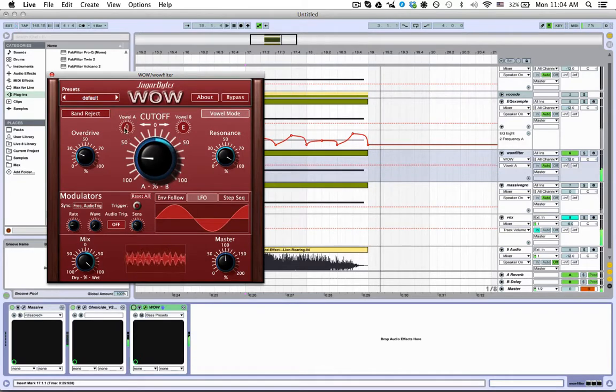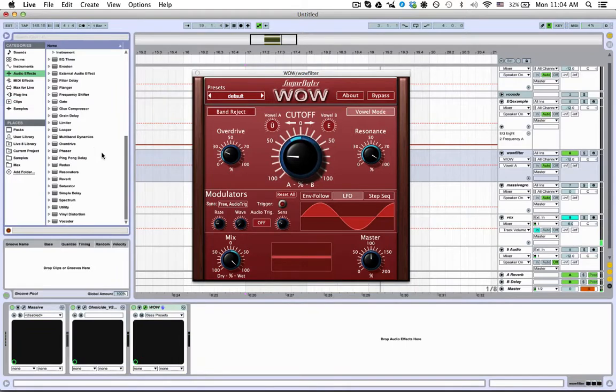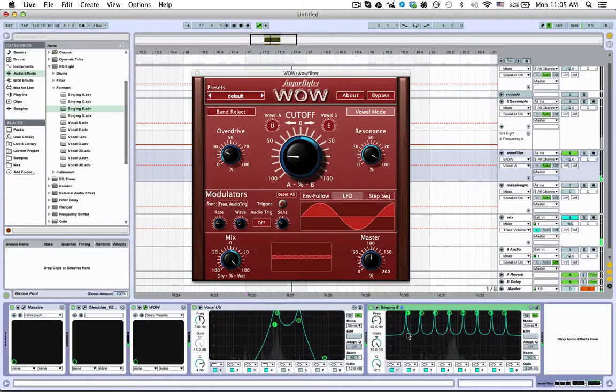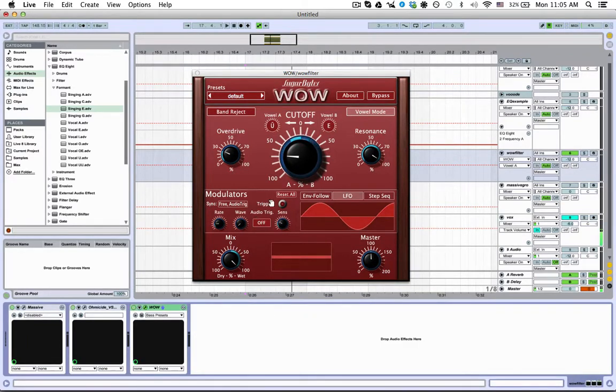There's long A's, short A's, like the German U. So there's a lot of different formants, and what this does is it basically takes these formant configurations. So if I would go into the EQ8 in Ableton, you could actually see these giant formants, and it'll morph from one of these images to another. So let's say it's a double U into an E. It'll morph from here into the next one. So Wow Filter is really useful because you can get this effect without having to morph all those individual boosting